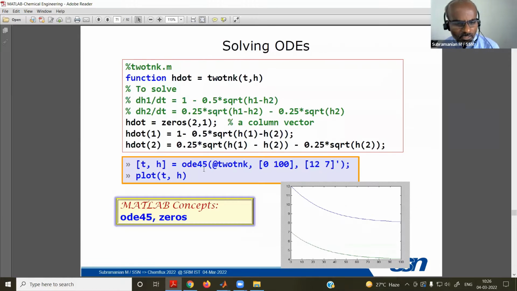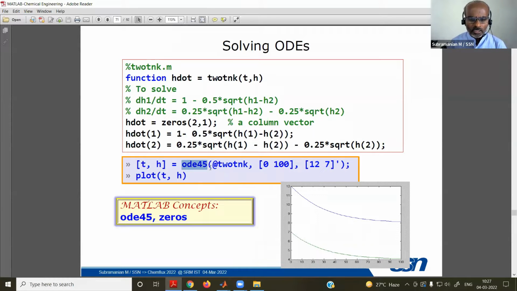Okay, and MATLAB is taking this function file and the range of values of t from 0 to 100. I want to get the variation of h. The initial height is 12 for one tank and 7 for the other tank. So I'm using ODE45, the built-in solver of MATLAB.